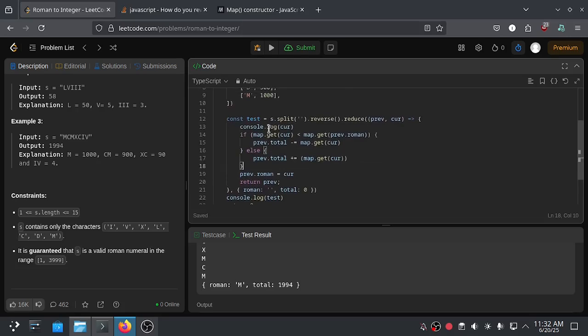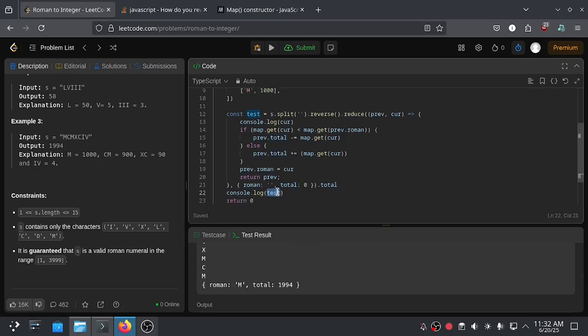So it's partially complete, so we can return the total using the dot total, accessing the total value from the reducer right here, because the test constant is showing the object with the Roman property and total property. So in order to access the total, we can just directly pass the dot total as the property right here, so we only access the total value.